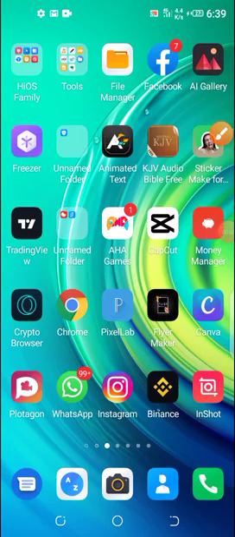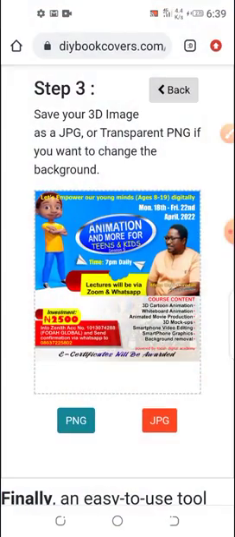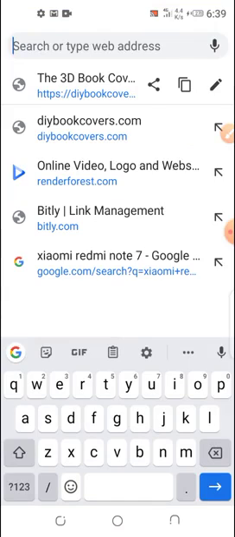Alright, we are still looking at how to create 3D mockups. This time we want to use another platform. The first one we've looked at was DIYbookcovers.com. This one is also a web-based platform. So let's go to our browser, and this time around